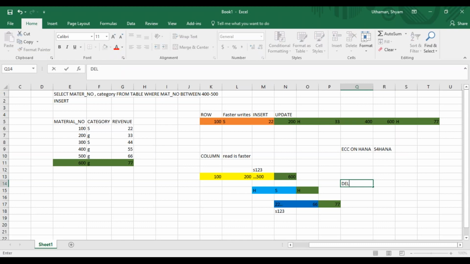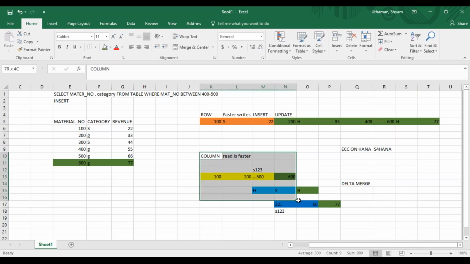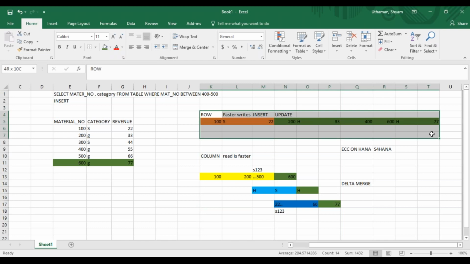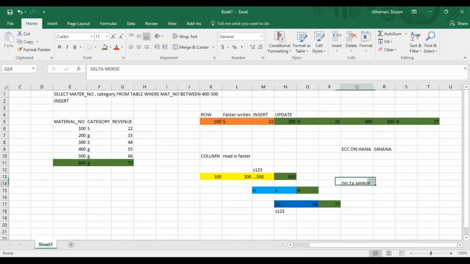We have again gone over time. For now, I would like you to understand why column tables are faster to read and why row tables are faster to write, and what the difference between them is. Tomorrow we will learn the concept of delta merge.